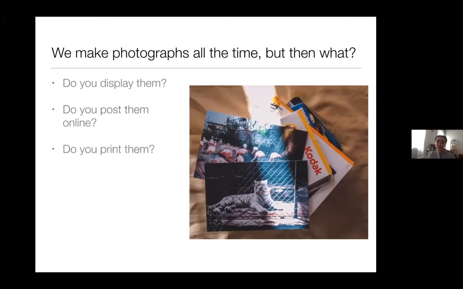Do you print them out? I think printing them out has become sort of old school. We don't always get around to printing out our photos. And we take so many now that we have digital storage capacities and our phones and these kinds of digital cameras that are with us all the time. It becomes harder to print our photographs for some people.